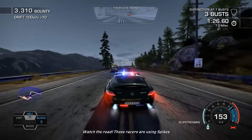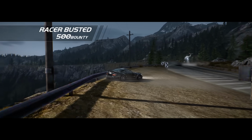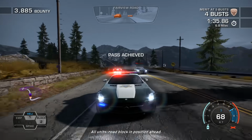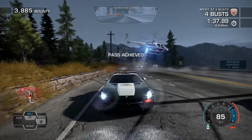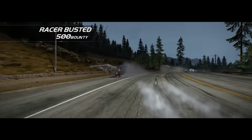Those racers are using spikes. All units, roadblock officers ready and waiting. All units, roadblock in position ahead. Serial pursuit hit confirmed, target immobilized. Suspect has...